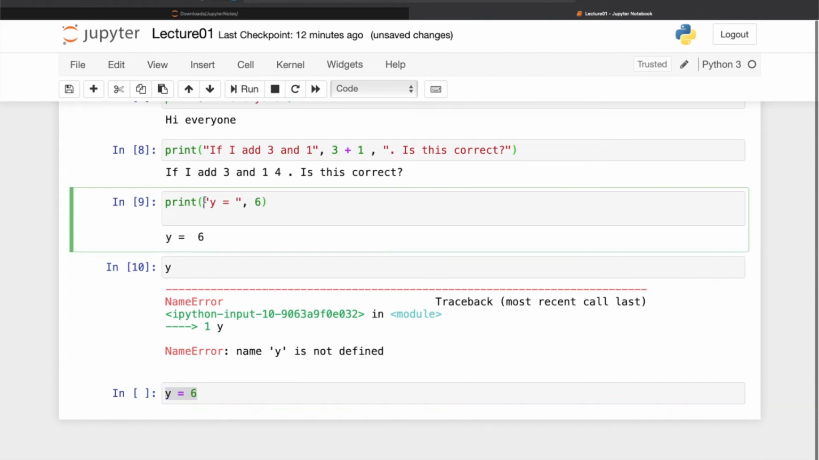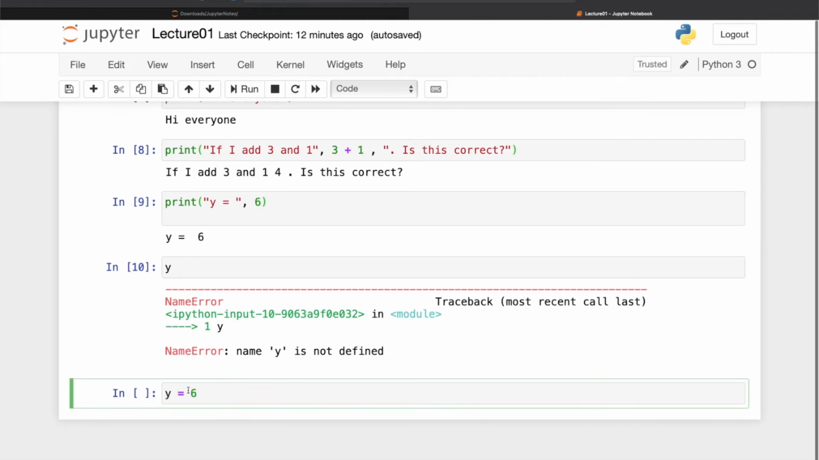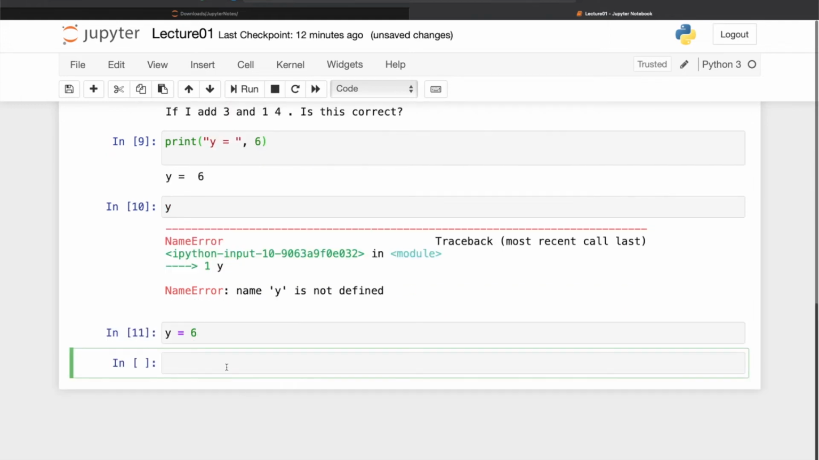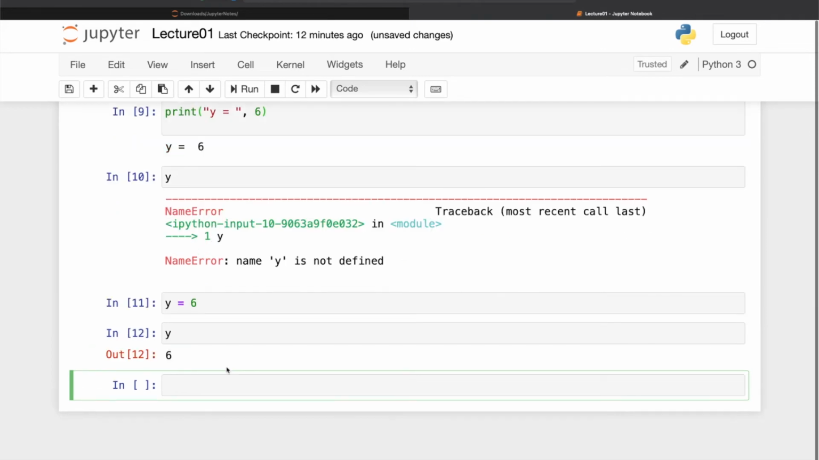The print function printed all the expression I asked from it. It doesn't assign a value to the variable. It's just printing whatever I'm asking. It's not assigning any value. This way is the correct way to assign a value. So if I write down y equals 6, and now if I ask Python what is y, it's going to say it's 6. So remember, this is the correct way